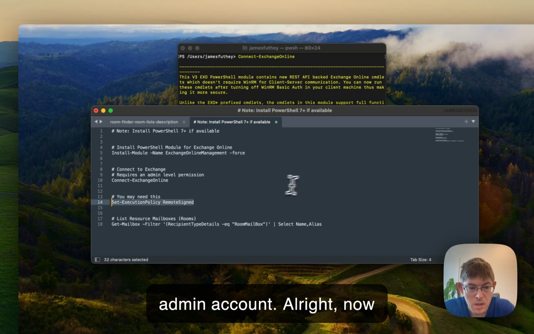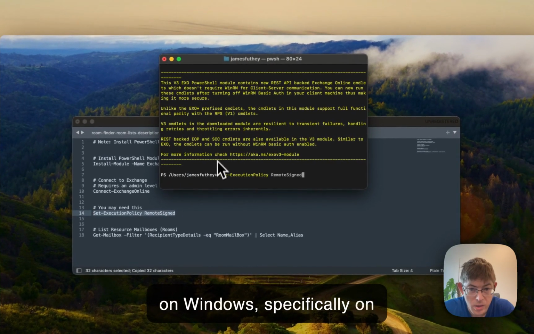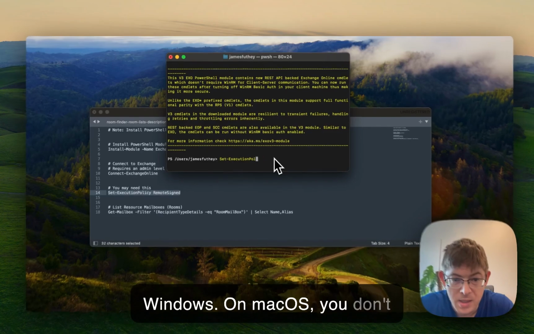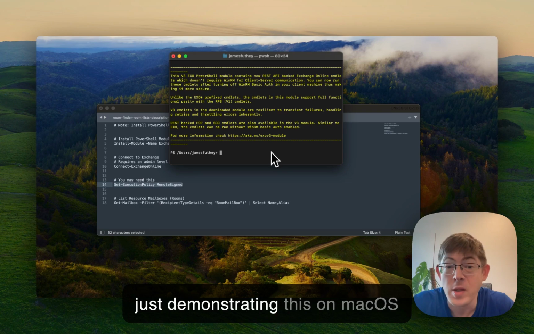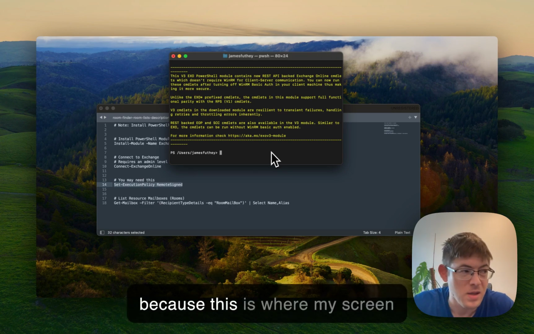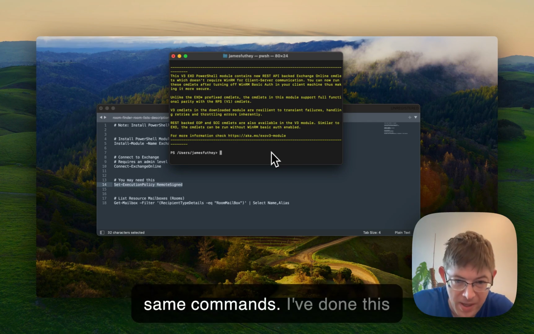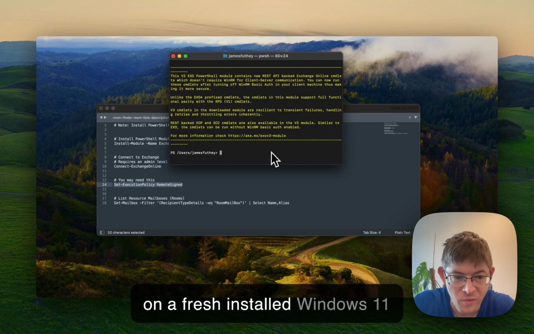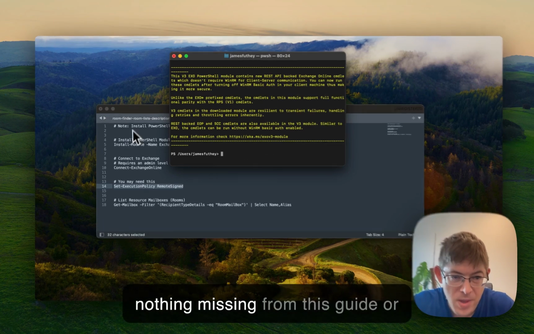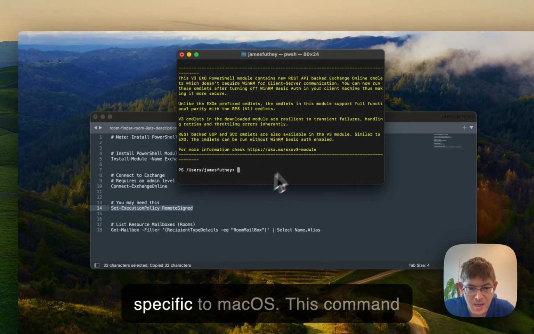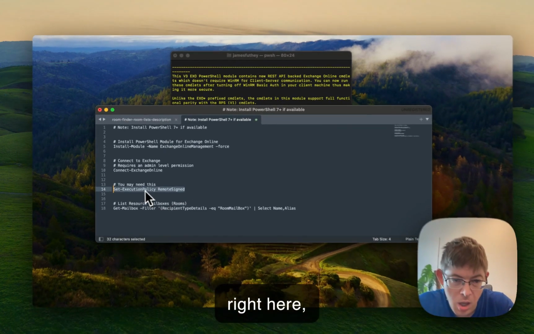All right. Now, here's something you may need on Windows, specifically on Windows. On Mac OS, you don't need that here. By the way, I'm just demonstrating this on Mac OS because this is where my screen recording software is. All of these same commands, I've done this on a fresh install of Windows 11 multiple times recently, so there's nothing missing from this guide or specific to Mac OS. But this command right here